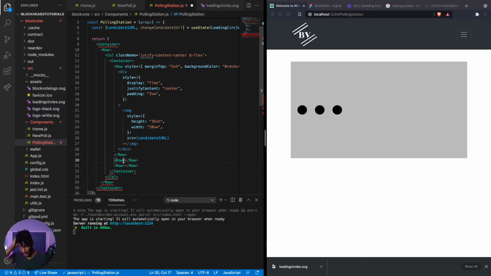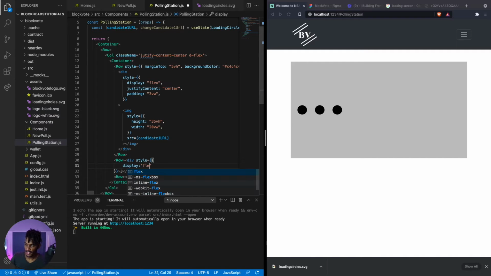Inside this first row, that's going to be where the actual results are going to be for the vote. But we're going to set that to display as a conditional statement. So I'm going to put 3 here for now. And around this 3, I'm actually going to create a div. Yeah, okay, so then around this 3 is a div. Inside this div, we're going to add some styling right away. So style is equal to display flex,